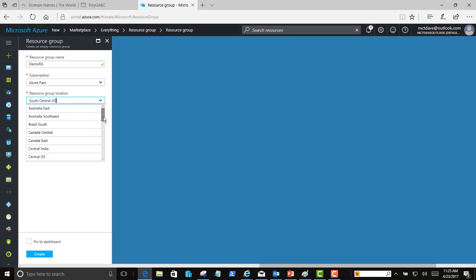But it might not be the closest electronically, if you will, over the internet. For example, the Central US might be closer. I think that's in Chicago, or East US, or East US 2. I believe one of them might be down towards the Virginia, North Carolina area. I'm not 100% sure where they're actually at, because on the internet, everything is either local or completely remote. You just don't know how many hops it will take, what routers are busy or not busy, what backbones are available, things like that to get to a particular location.